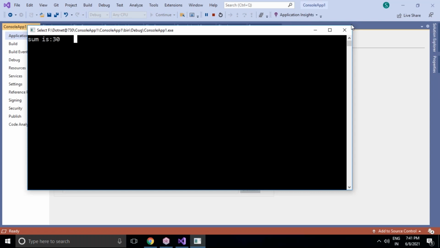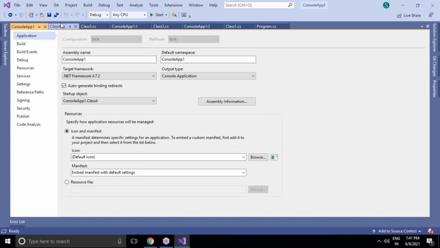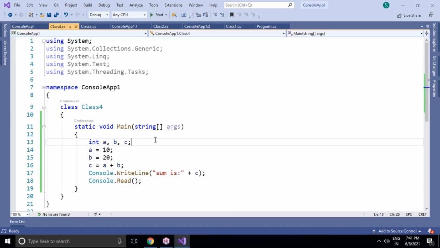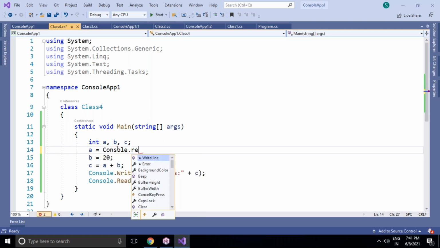Okay, yes. But sir, similarly, how we accepted values previously at runtime, I would like to accept these integer values also at runtime. Inside the program the values are already given, so those values are added clearly, no issues at all. But I would like to accept these values at runtime. Okay, how to accept? As usual, we can write Console.ReadLine, but it will not work out here.